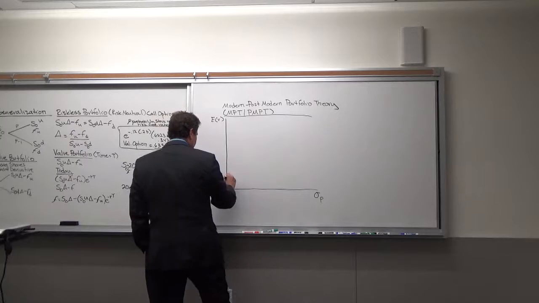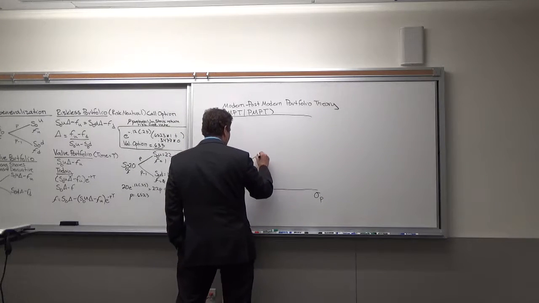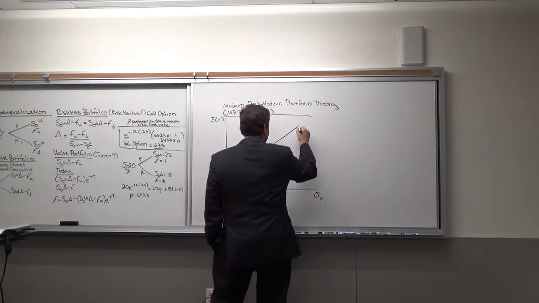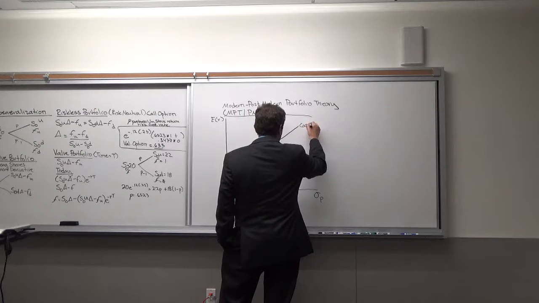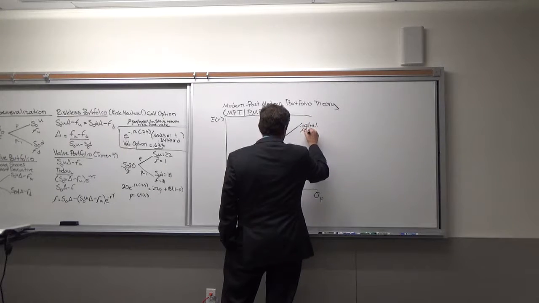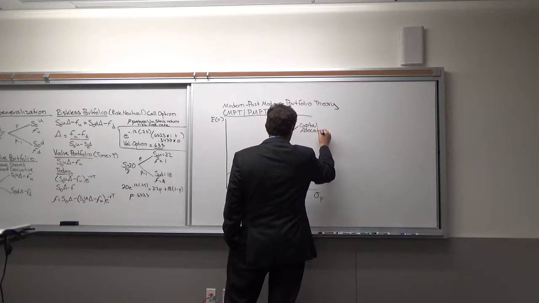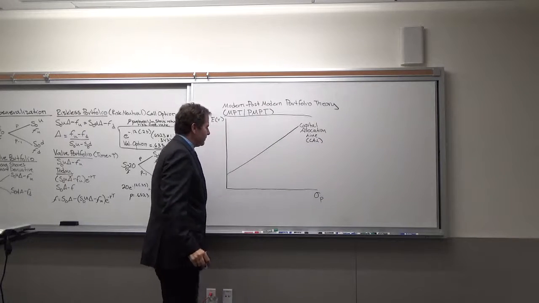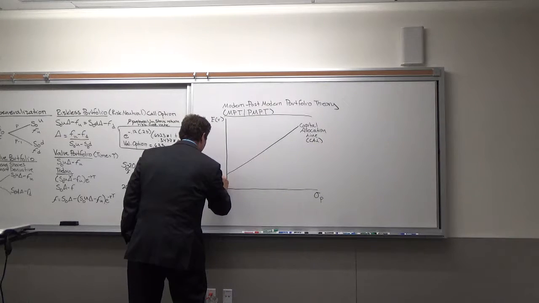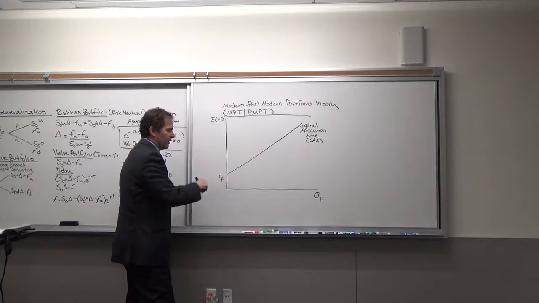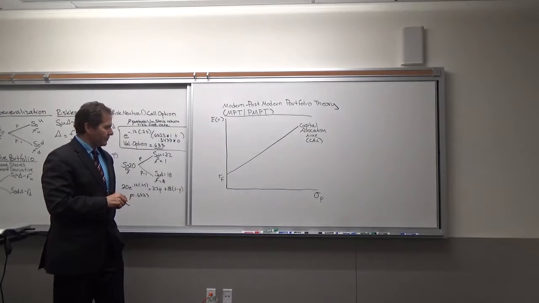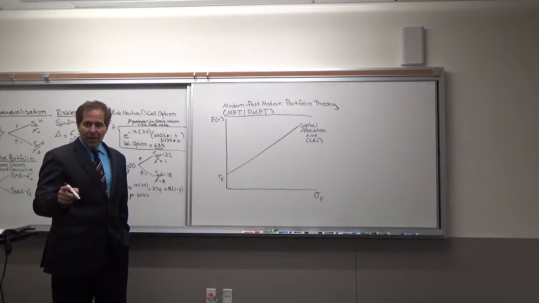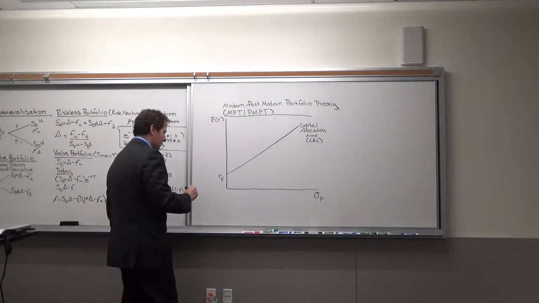Now, the first thing is you draw the capital allocation line. And at the origin is the risk-free rate. Now to start modernizing the theory,